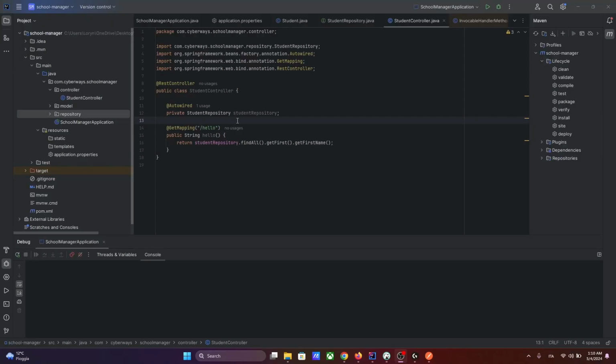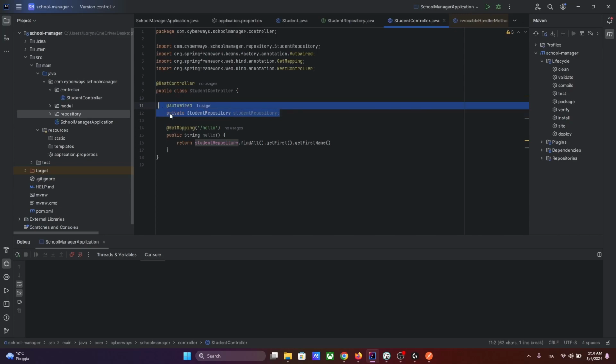Okay, in this tutorial we are going to do a little bit of refactoring. This is because now we invoked our student repository directly inside the student controller. You want to keep your controller as simple as possible, and usually it happens that when you use your repository directly inside the controller,